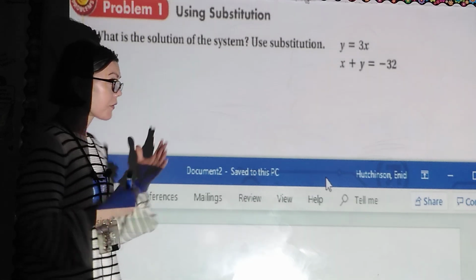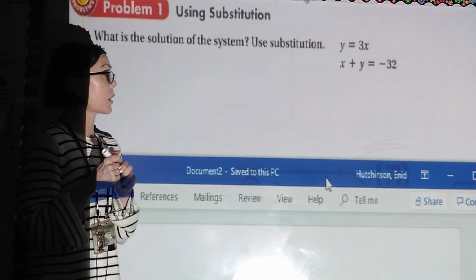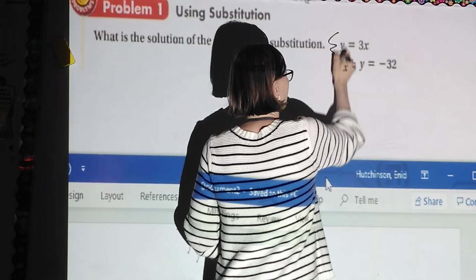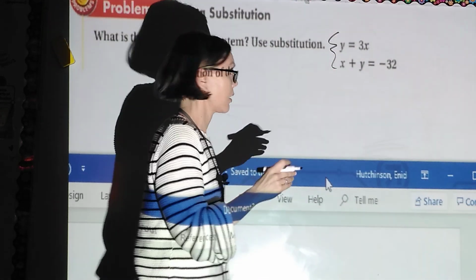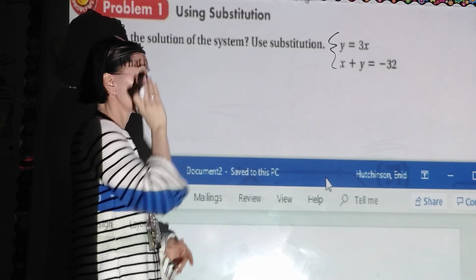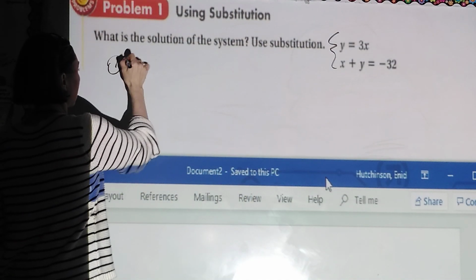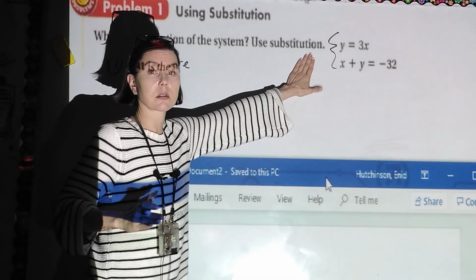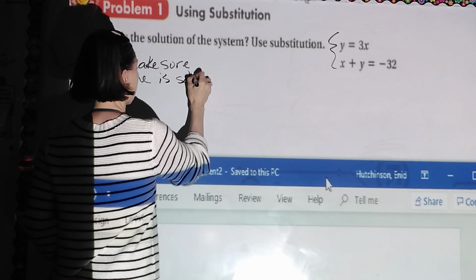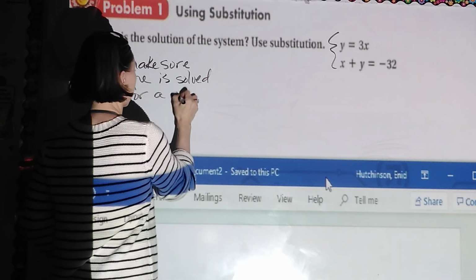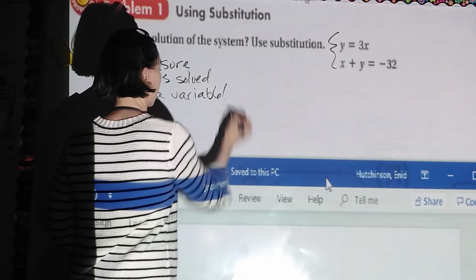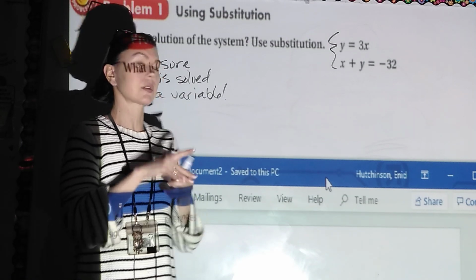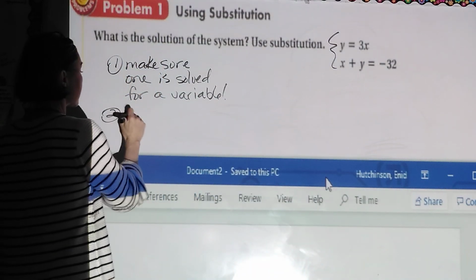All right, so solving a system of equations using substitution, okay? So you should have written substitution and you should have already written this system of equations. Here's the thing, folks. Super simple. Step one, make sure one of these equations is solved for a variable. Very important. One of these equations has to be solved for a variable. Very, very important. Then step two, substitute